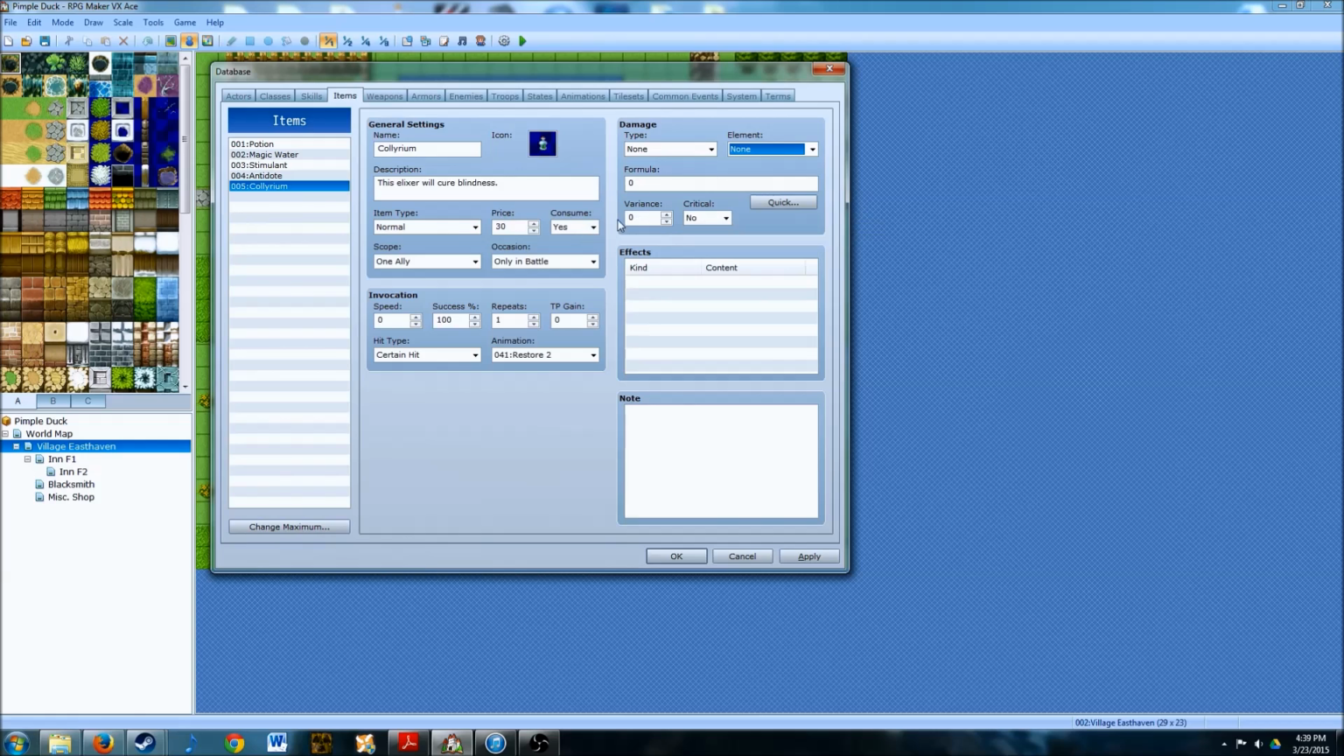What the variance does is, if you set it to a certain number, it gives a percentage of success, like it varies the amount of hits between 0 and 60. So it gives the illusion that not every hit is always going to be a successful 60 hit, type of thing. And critical, of course,